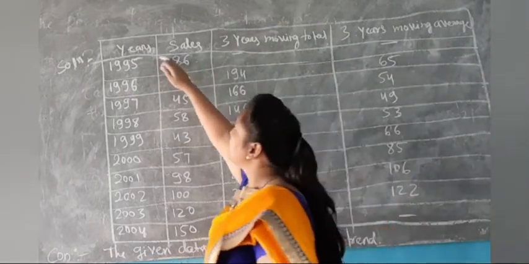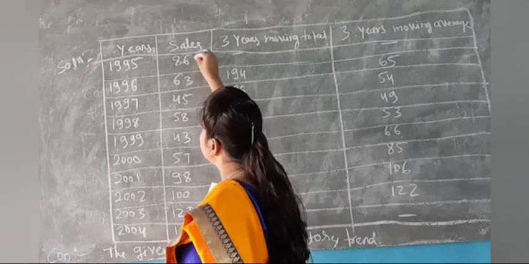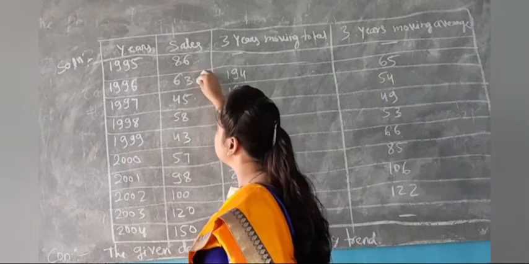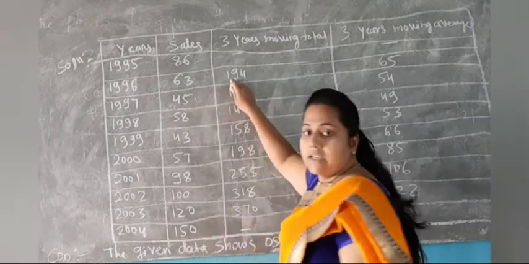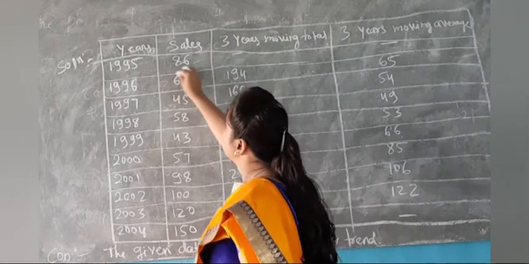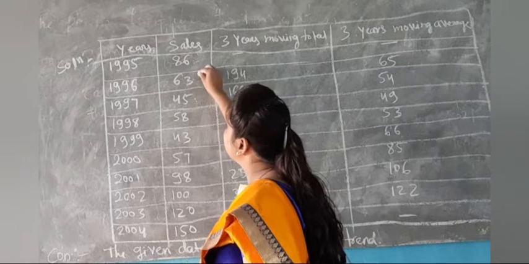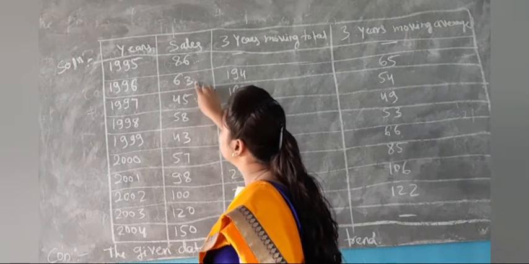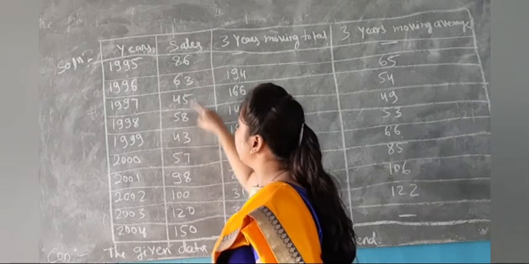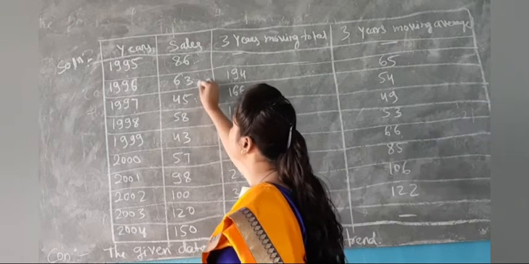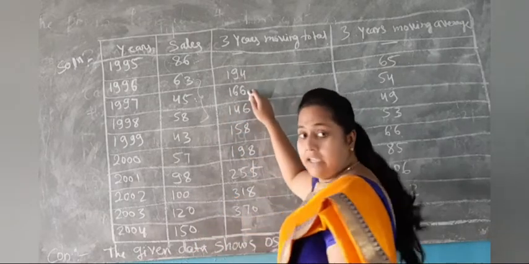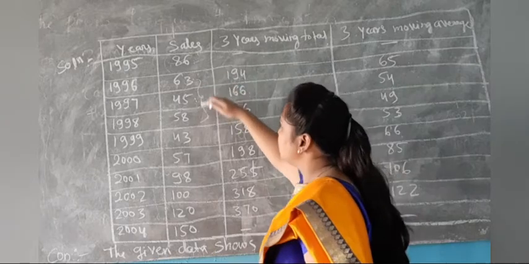This is the first step. In the sales part, we have to add 3 years of sales: 86, 63, 45 is 194. In the next step, we leave the first year and begin with the second year, that is 1996: 63, 45, 58. 63, 45, 58 is how much? 166 is written below the 194. In the same way this process continues up to